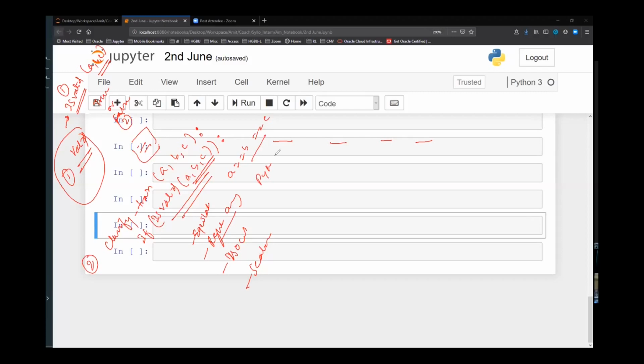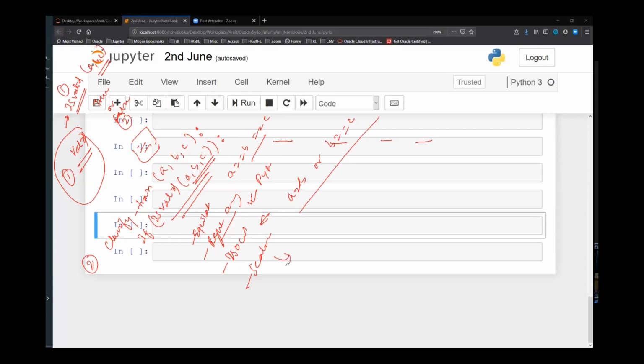If you see a scenario where this Pythagoras theorem is valid, then you can say it is a right angle triangle. Similarly, for isosceles, you can check A double equals to B or B double equals to C. Any two sides equal, then it is an isosceles triangle. Else you will print a scalene triangle.